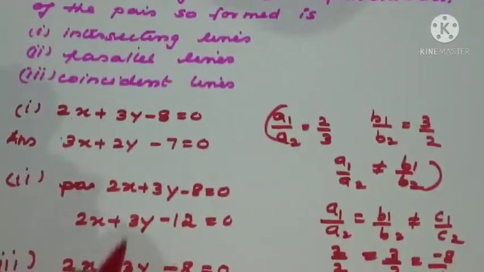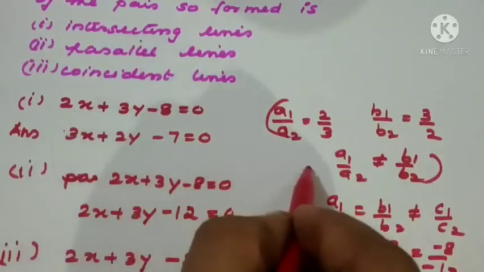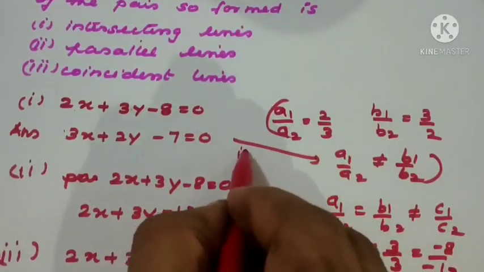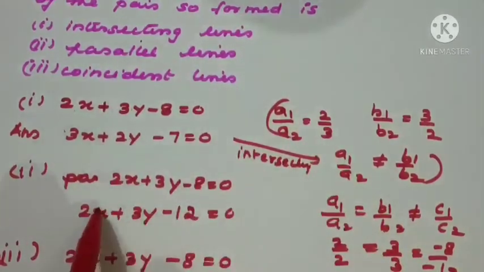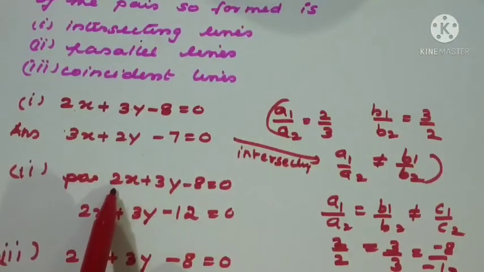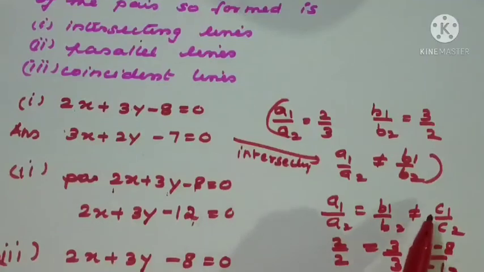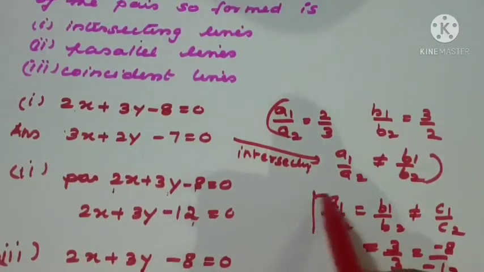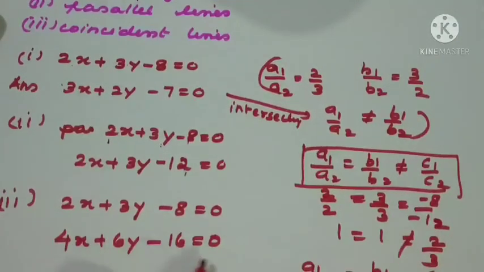So once again, we just interchange the coefficients of x and y. So the lines are intersecting. See the conditions, the lines are intersecting. Okay, next here, we kept the same coefficient of x and coefficient of y, only we changed c1 by c2. So what is the condition? Not equal. That is also satisfied. So the lines are parallel, right? Now what is the last condition? All the three equations are the same, just multiply by 2, or by 3, and you will get the answer. So 4x plus 6y minus 16 is the other answer.